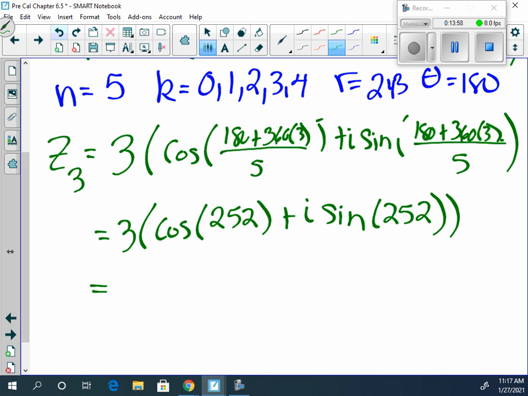So if we do 180 plus 360 times 3 divided by 5, we should get 252. Now we can do 3 cosine of 252 and 3 sine of 252. If we do 3 cosine of 252,